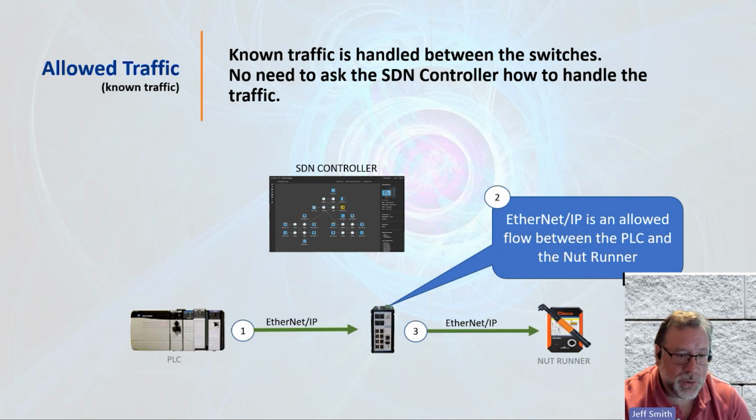And in fact, the controller can go away. You could completely disconnect the controller from the network, and those switches are going to still communicate. The network is still going to operate as you expect. You could also cycle power to the switches. When they come back up, it still communicates. Everything is still there. The configuration is sticky, just as if you had gone out and manually configured a switch.